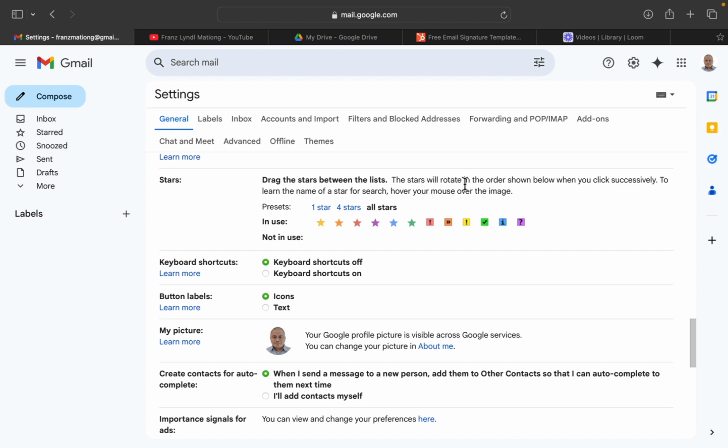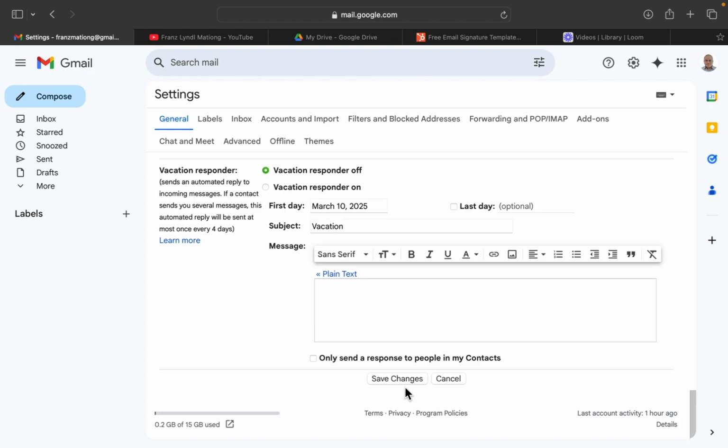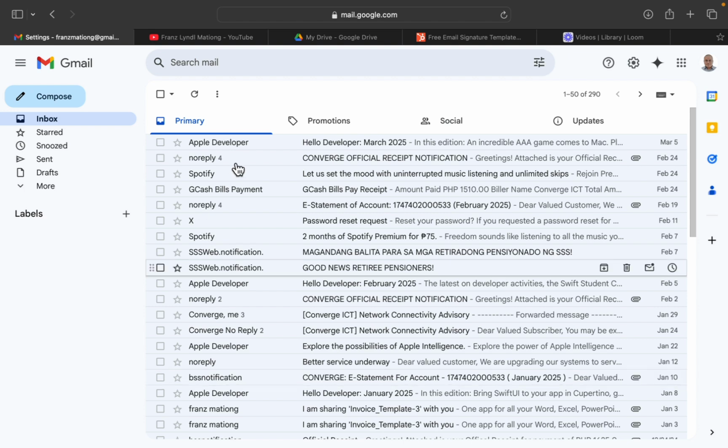We should use all stars and save. Here is an example of how you could change the label of an email according to company policy, communication or priority.